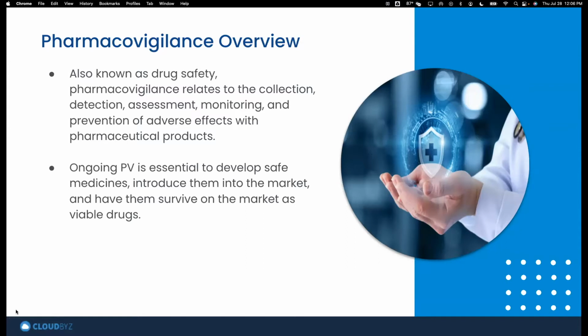We need pharmacovigilance, or PV to keep it short, to develop safe medicines and bring them into the market. There are really two pieces to any pharmacovigilance practice, and it does depend on what kind of organization you are. Pharmacovigilance is just as important in the preclinical space, the clinical trial space, as it is in the post-market space. While there are different requirements and maybe different workflows, pharmacovigilance is a very important part of any type of pharma or HLS organization. It's incredibly important that it is taken as top of mind. So that's just a quick primer about pharmacovigilance before we start talking about signal detection.